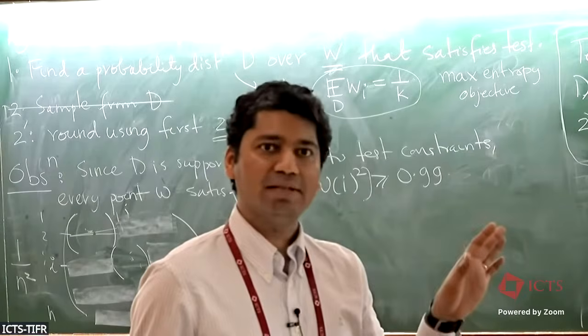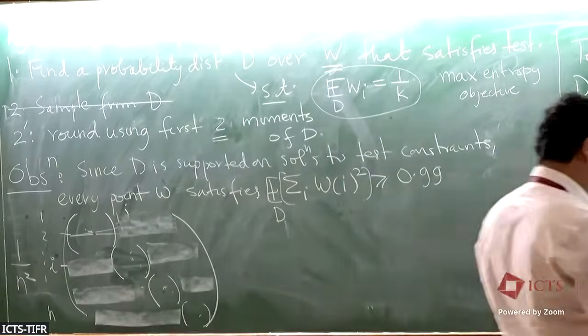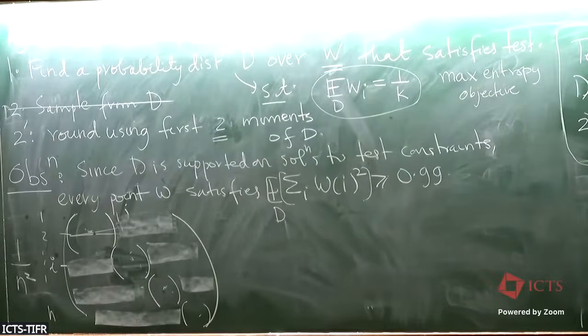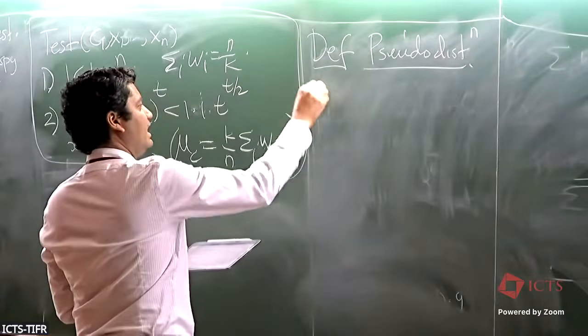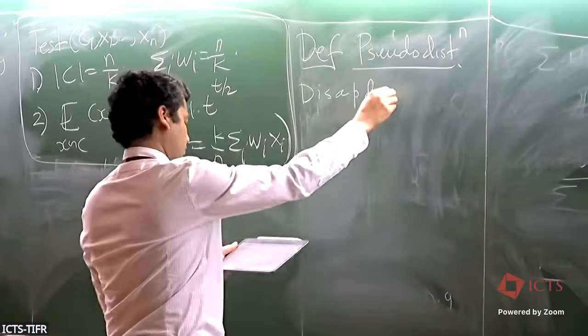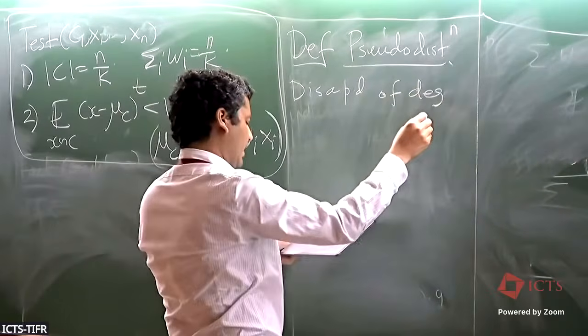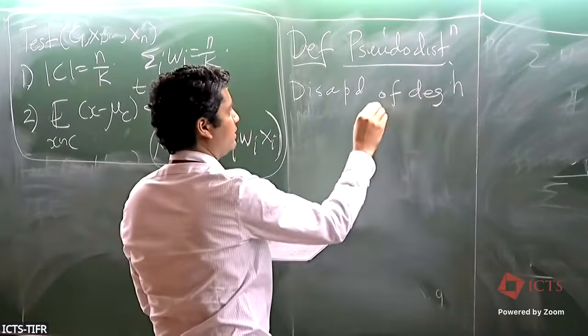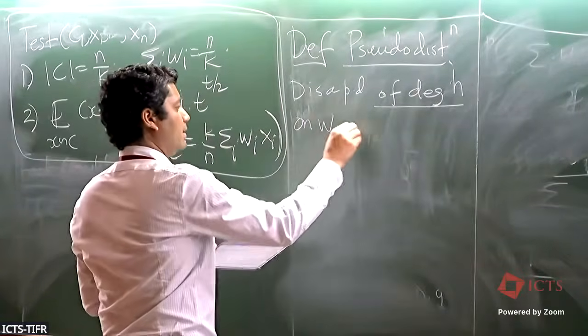Okay, does the idea make sense? Does the plan make sense? So I'm going to describe this relaxation of distributions. The object I'm going to define now is called a pseudo distribution. So say D is a pseudo distribution. It has a notion of complexity just like sum of squares proofs. So it's a pseudo distribution of degree h on variables w1 up to wn